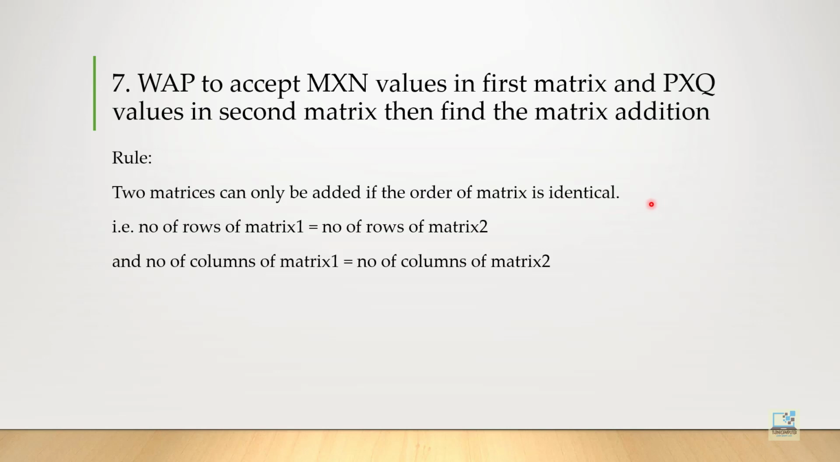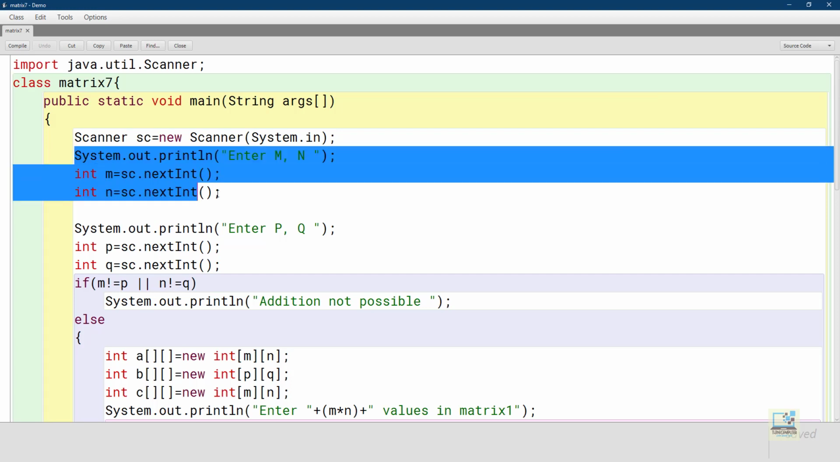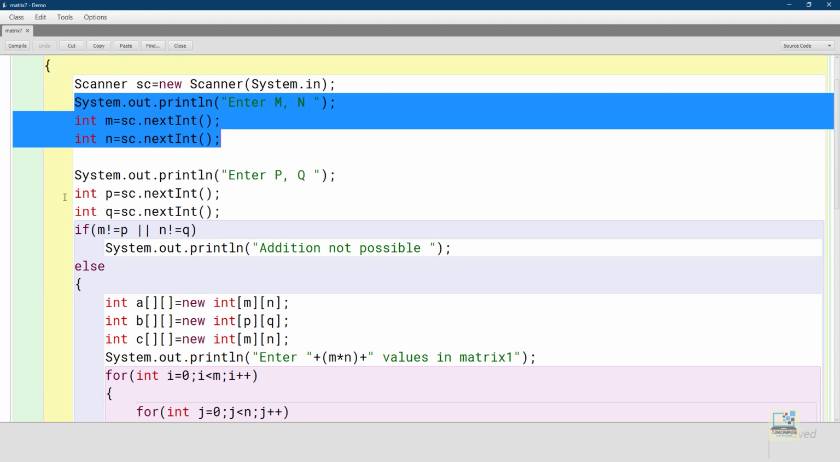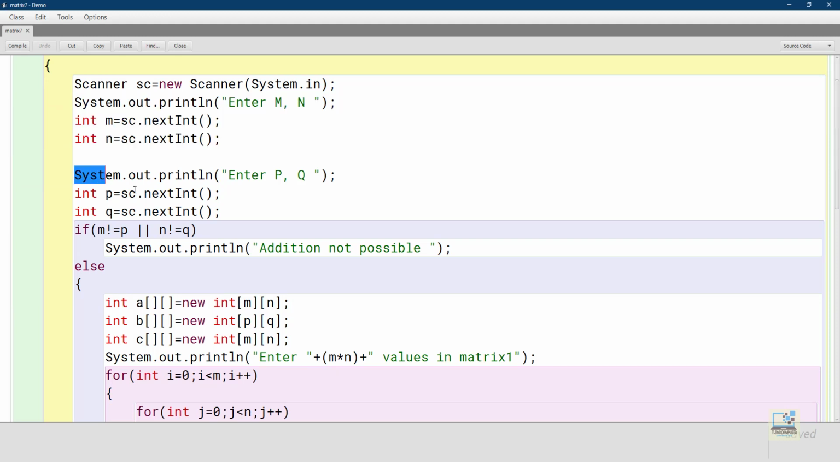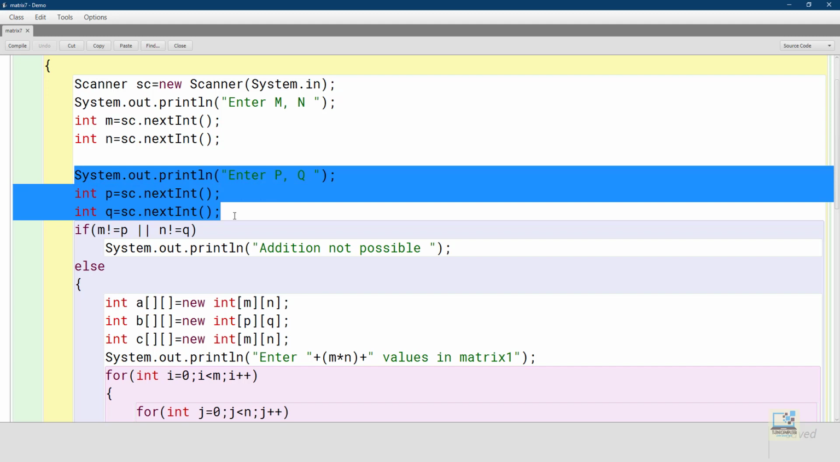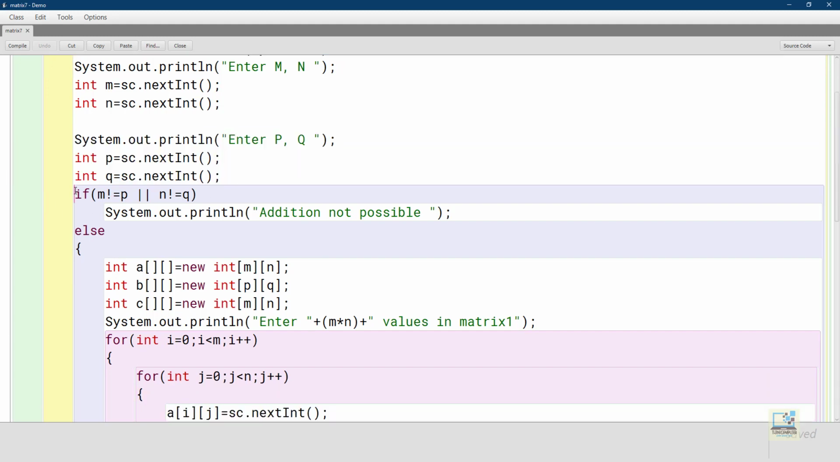Let's see the program. We are taking input values of m, n for the first matrix, that is the order of the first matrix. Similarly, we are taking input p, q, that is the order of the second matrix. Then we are checking if m is not equal to p or n is not equal to q, meaning the number of rows of the first matrix is not equal to the number of rows of the second matrix, or similarly the number of columns of the first matrix is not equal to the number of columns of the second matrix. If any one condition is true, meaning it is not identical, then immediately print addition not possible and